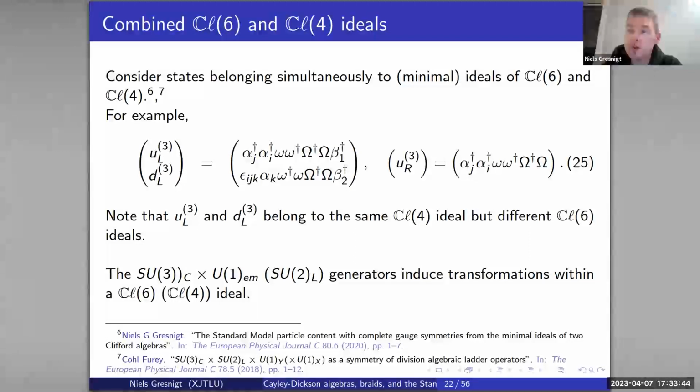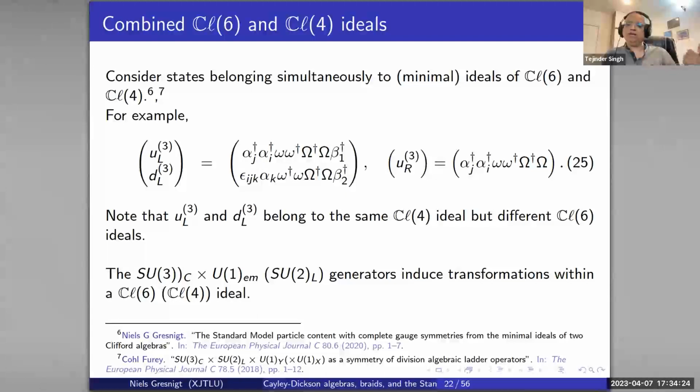But do you build any kind of projectors then? How do you build your projectors? Can you say that in some other way? I mean, what's the question? So how do you, for example, project onto left-handed or right-handed particles, or how do you end up representing your particles? The CL7 is a sum of two copies of CL6. Ah, yes. One of which is the parity reverse of the other.